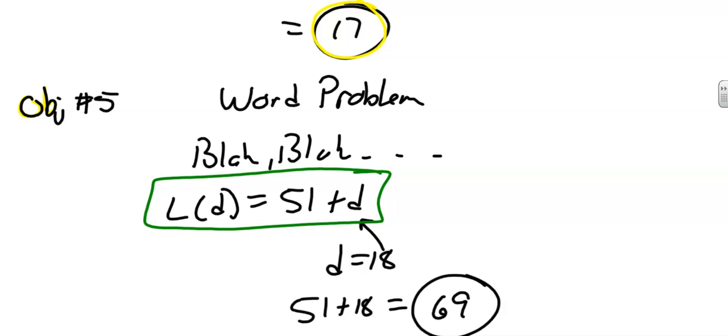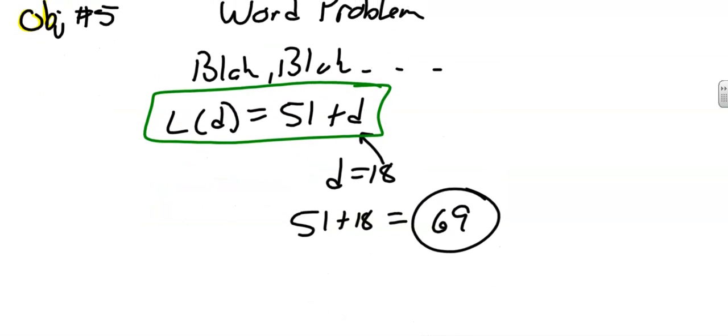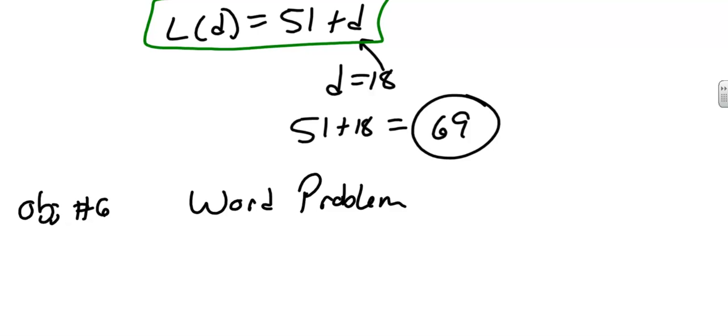Objective 6 is the same top thing. It's another word problem. And they'll do the exact same thing. They give you blah, blah, blah. And then they give you an equation that's now maybe just a little bit tougher. It may be that you get like